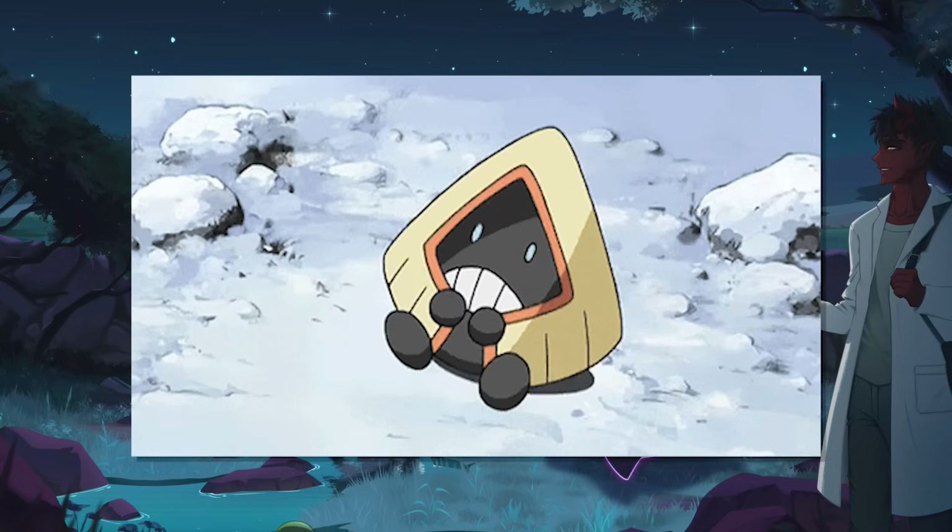Moving on. As it evolved from Glalie as a body of rock, Snorunt may also be made of rock. In Pokemon Scarlet and Violet, defeating a Snorunt, Glalie, or Frostlass will yield some Snorunt fur, suggesting the cloak is made of fur. Well adapted to life in cold climates, it subsists on snow and ice and can survive temperatures as low as -150 degrees Fahrenheit. Snorunt is also a social creature,